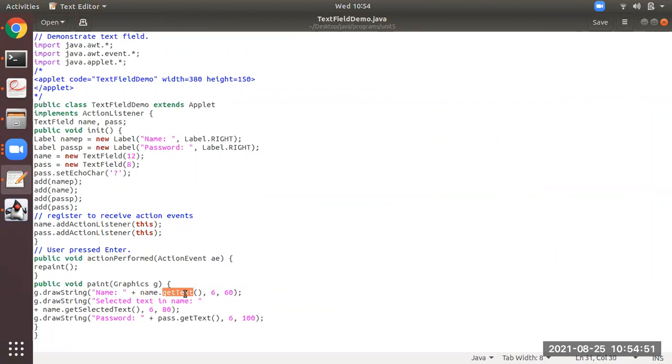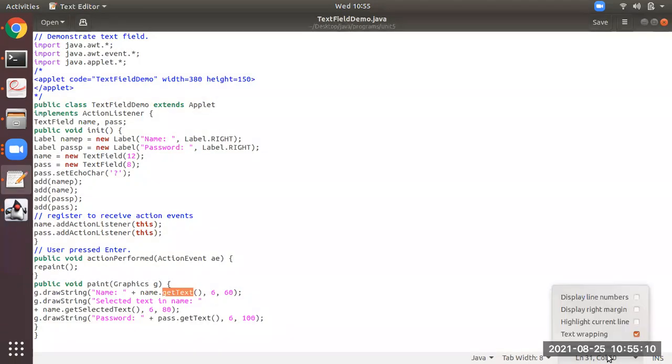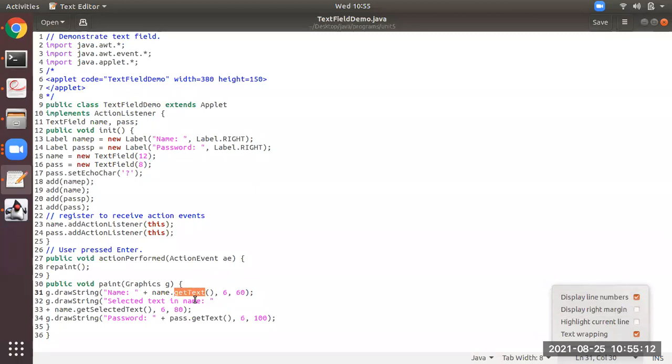Whatever I have written, college over here, how are you able to get the output over here, college? See, in the text field I wrote college, and you are able to see here. So how you can get that with the help of the get text method, which is available at line number 31. This one, get text. Okay, if you want to set, you can set also, no problem.